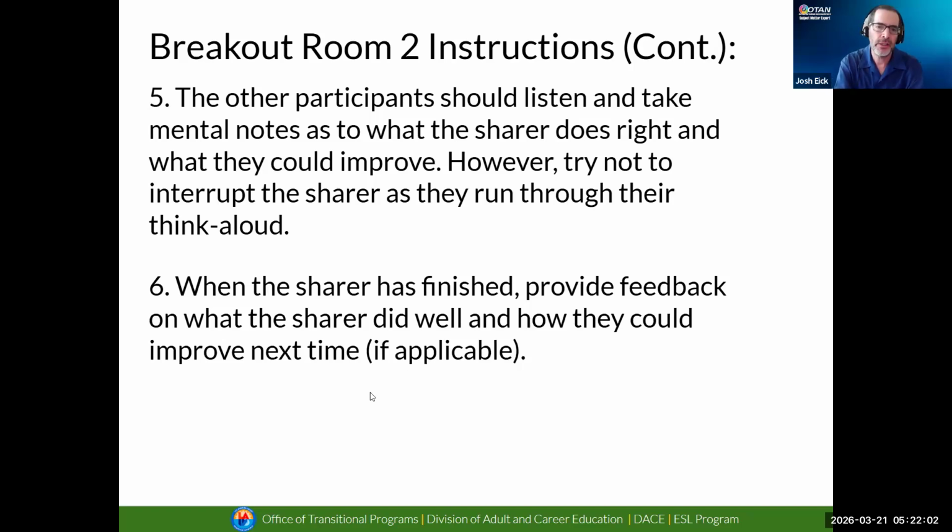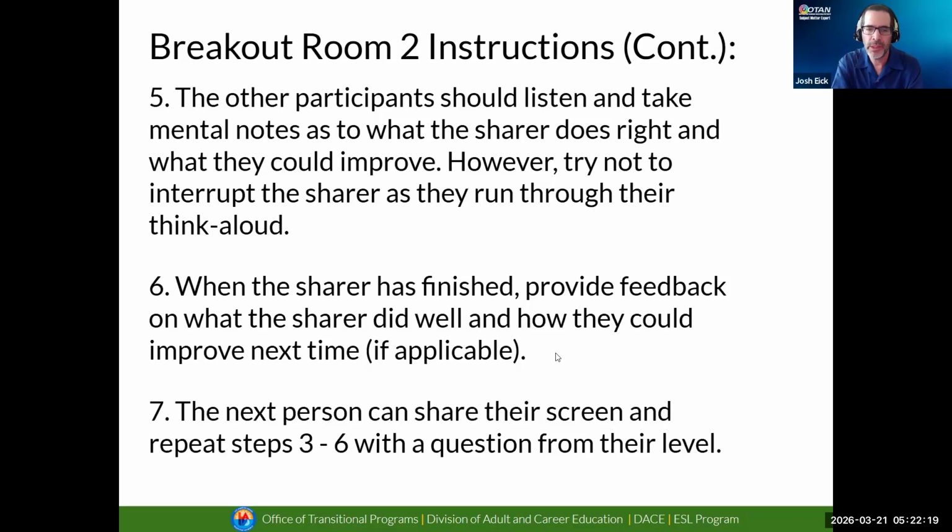When the sharer has finished, provide feedback on what the sharer did well and how they can improve next time if applicable. If they did a great job, you only have to say, great, fantastic, good job, you did everything correctly. The next person can share their screen and repeat steps 3 through 6 with a question from their level.